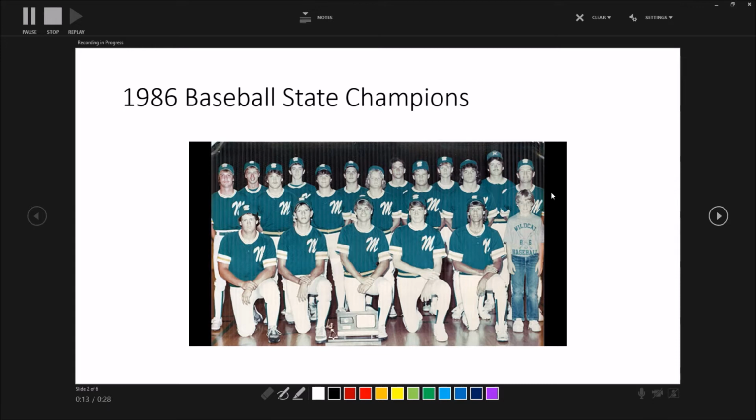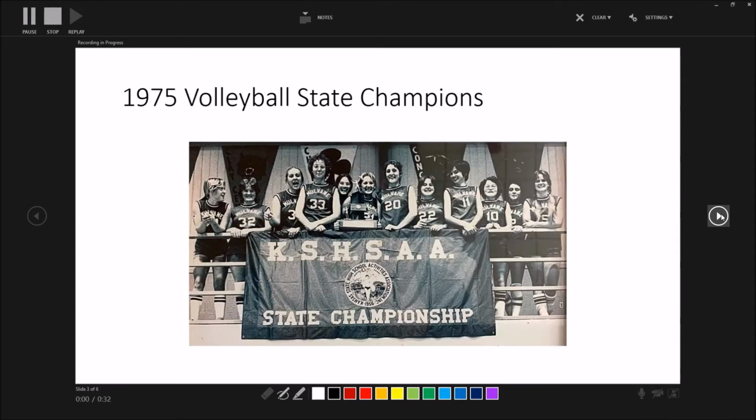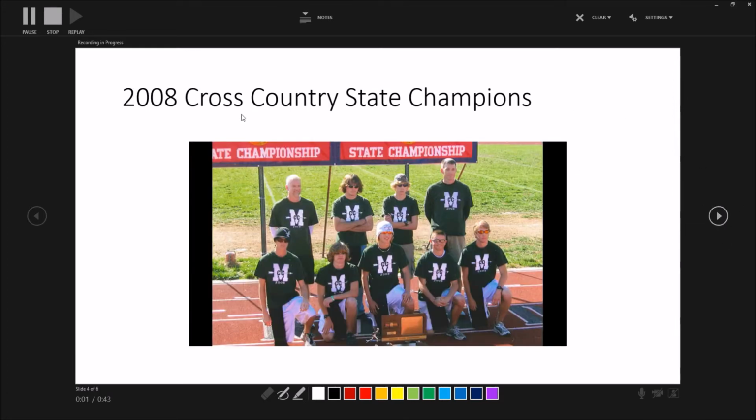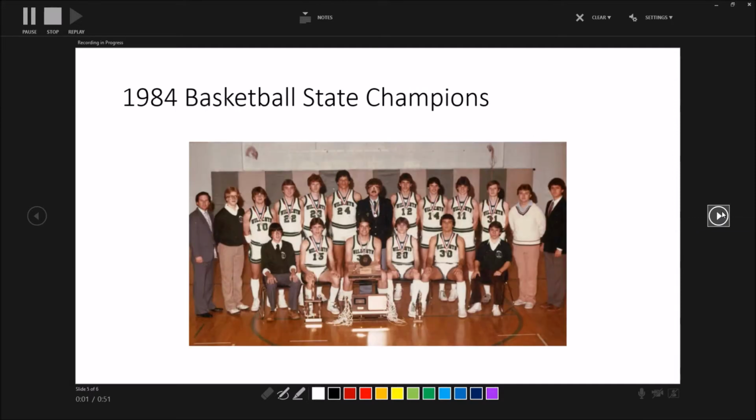So this is the 86 champions, baseball state champions. You'll notice the timer started at 0 again. So we're in slide 3. This is the 1975 volleyball state champions, and then I'll just keep going through each slide here. The 2008 cross country state champions, the 1984 basketball state champions,